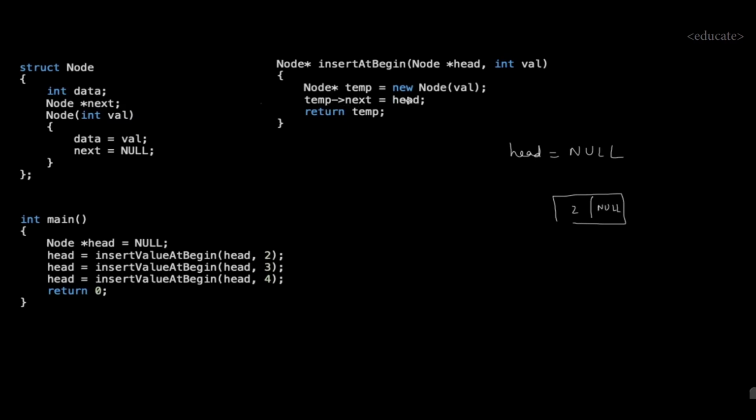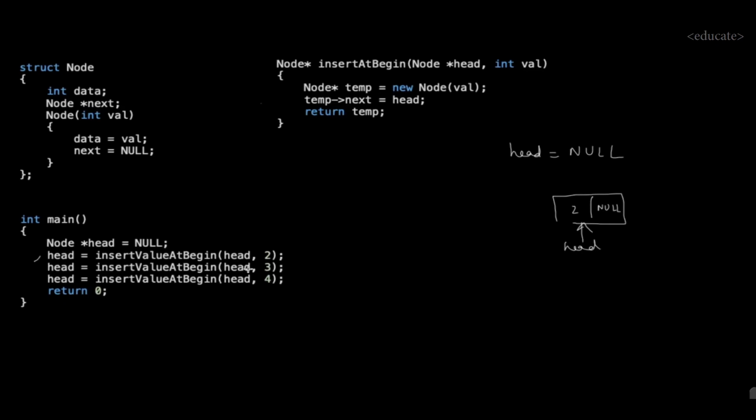Now temp of next is head. So at temp next, head will be overwritten, so null will be overwritten only because our head was null initially. Now we will return temp, so this will be returned as the head of the new linked list. So finally here head will point to 2.